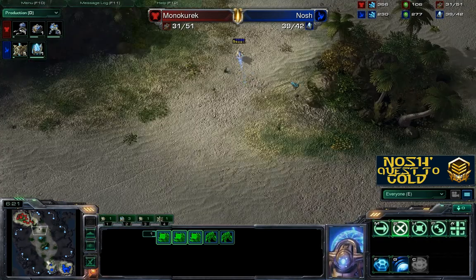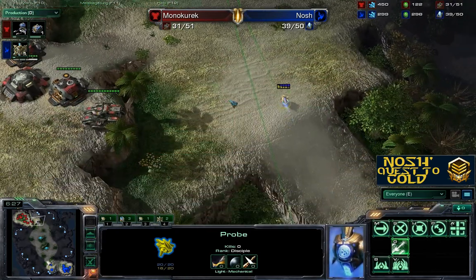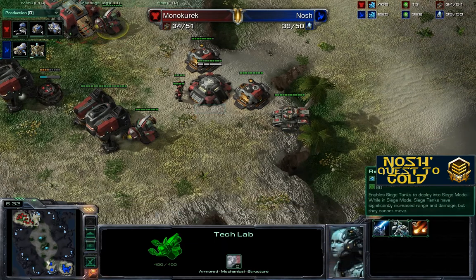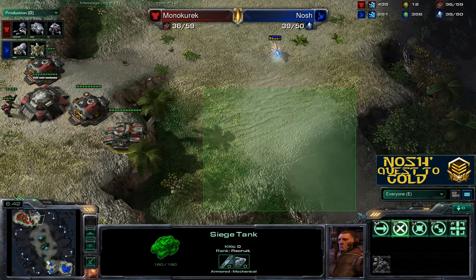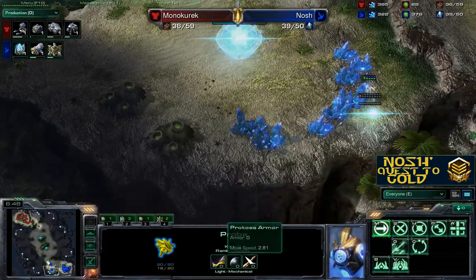Now, at this time, as I'm expanding, I have just sent my probe up. I'm just going to grab some minerals and see if there's an expand here. I'm happy to sacrifice this probe. There doesn't appear to be tank tech for my opponent, so thankfully for me, I'm not going to get cannoned or shelled to death here by the tank. So back down home,